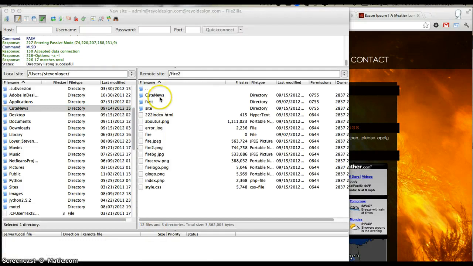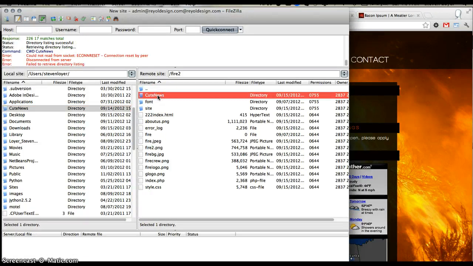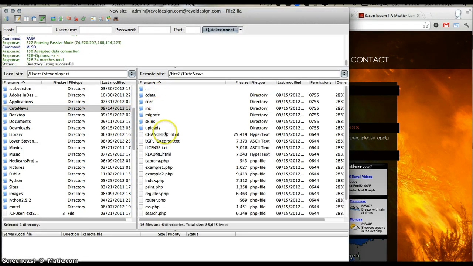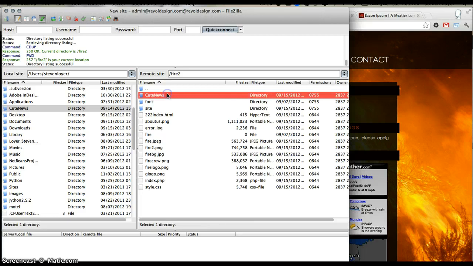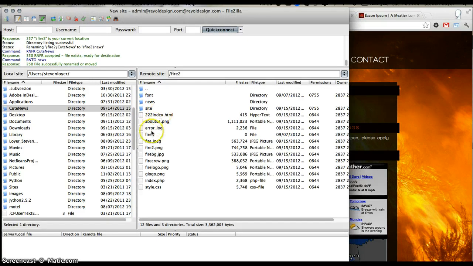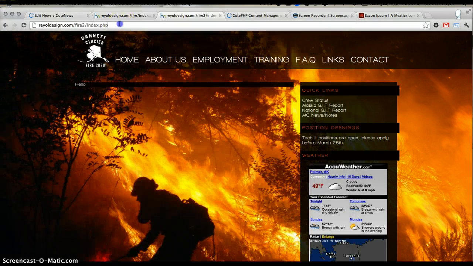Okay, so it's done uploading, and we go into the folder, and there's all the stuff for it. We don't need to worry about anything. The hard part's done. You can rename this folder anything you want. Like, we'll change it to News. So all the uploading you have to do through FTP is done. And now we're going to go to